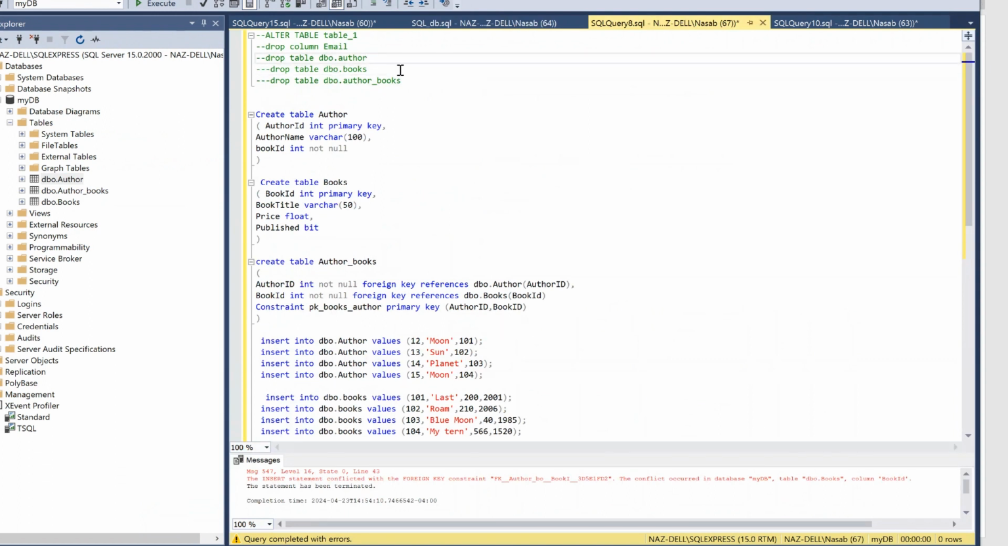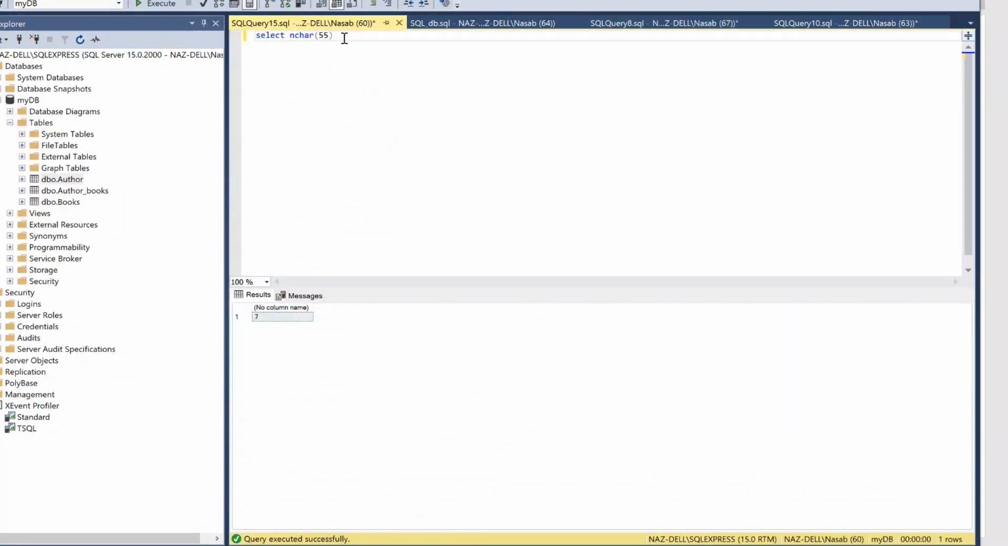See, I have created the top table name. So let's go: alter author. Make sure you are in the right database, then only this query will work. Otherwise, you need to define the database as well. So alter author table